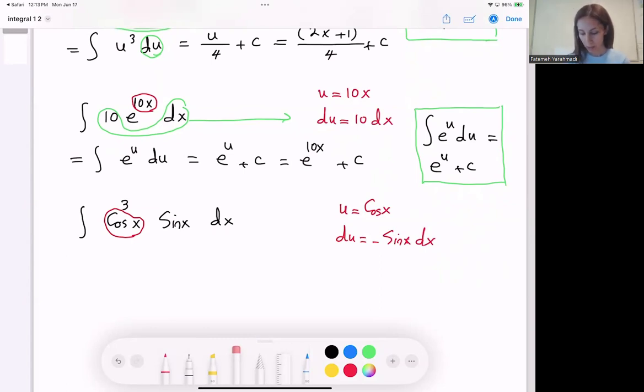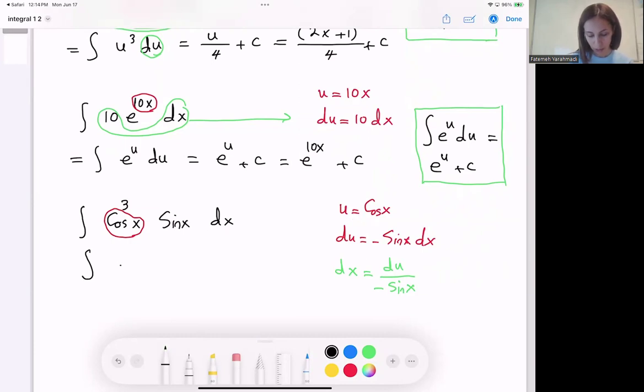So take a look here. If I write dx as du divided by negative sine x, I can cancel out sine and sine, but note that I need to be careful a little bit about the domain as well. So this can be written as the integral of your cosine is your u, so you can just write it down here as u to the third,